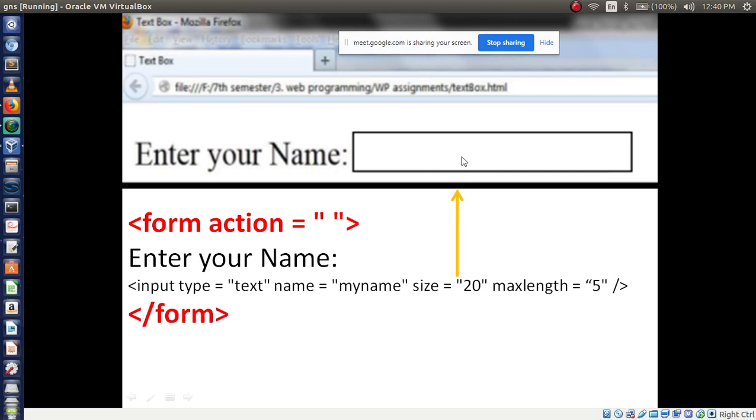It is a text box. To display this text box, I have to use the input tag again. Compulsorily, if you see any controls, you have to use the input tag. So input, then I am using one attribute. The attribute name is type. Which type of box is it?